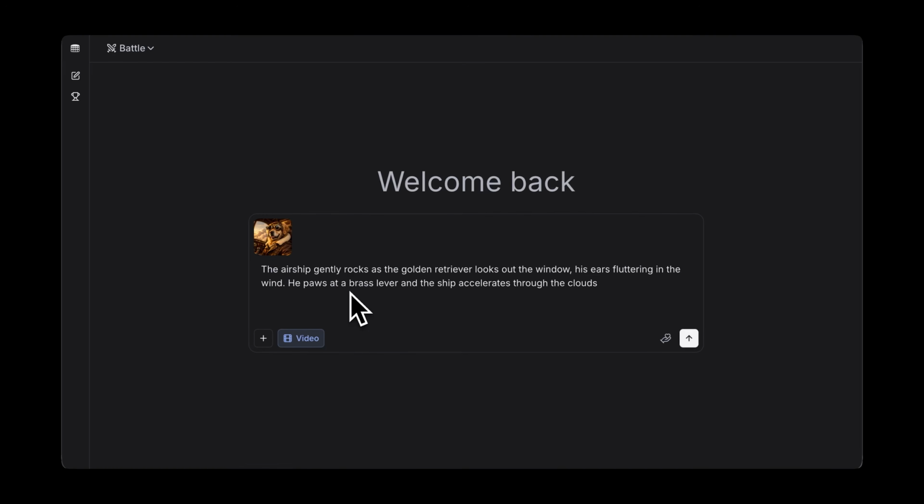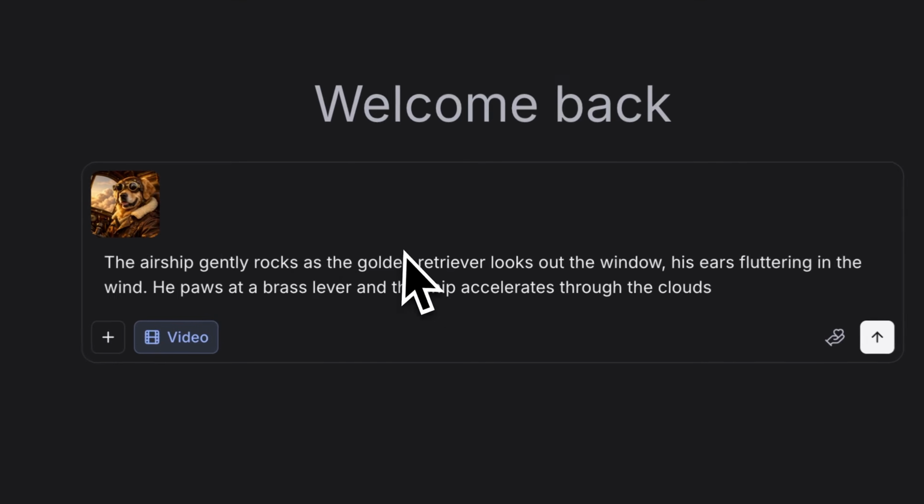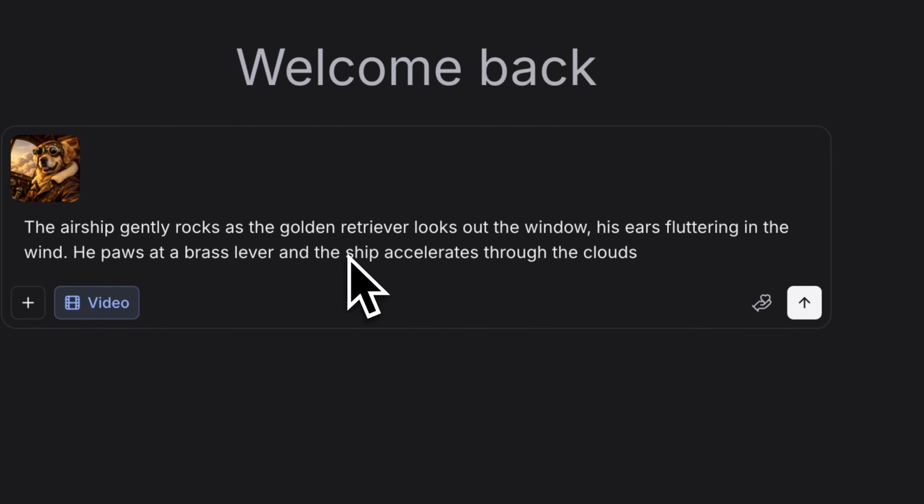For video prompts, is it better if you have a longer prompt? It's not necessarily the length that matters, it's what the prompt is saying. So if you could fit a bunch of details into a 2 or 3 sentence prompt, that's totally fine too. Typically what you want is to include as many details as possible so that the video models have more items